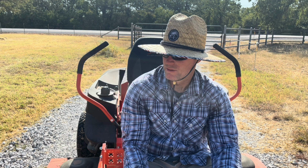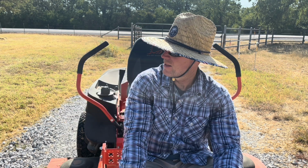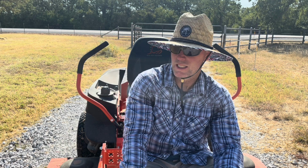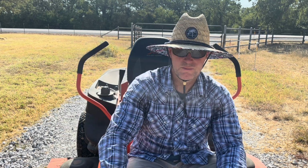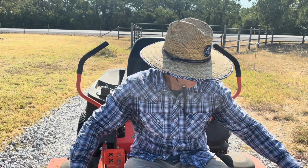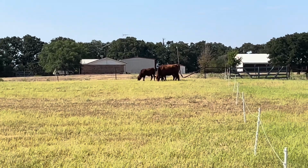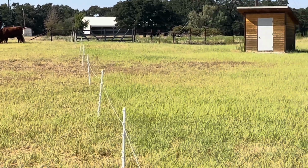I just assumed that all of those sand burrs would just get pushed in to the center there, but it doesn't seem like it did. I mean, I just walked on there with my socks, and I only took a few steps and it was full of burrs. So anyways, well, this morning I was going to move the cows to some fresh grass over here,